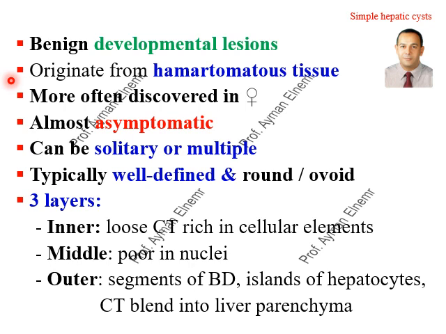Typically, the cysts have three layers. The inner layer, which is loose connective tissue rich in cellular elements. The middle layer, which is poor in nuclei. The outer layer, which is composed of segments of bile ducts, islands of hepatocytes, and connective tissue that blend into the liver